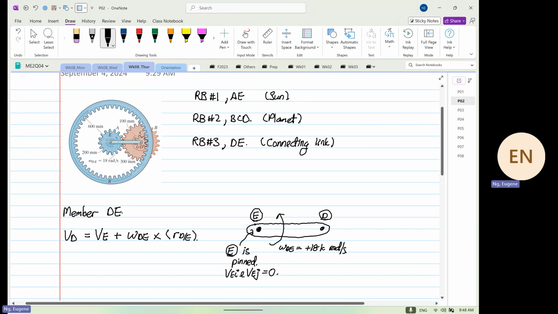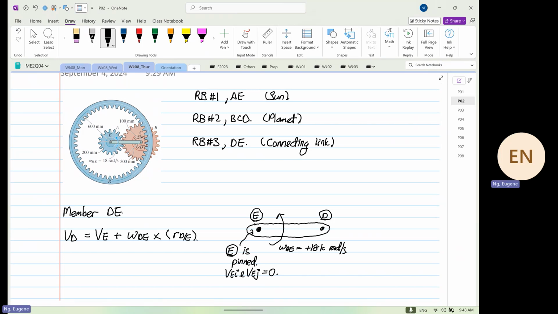Are both equal to what? 0. Okay. So from here, based on the direction of rotation, right? We also know that